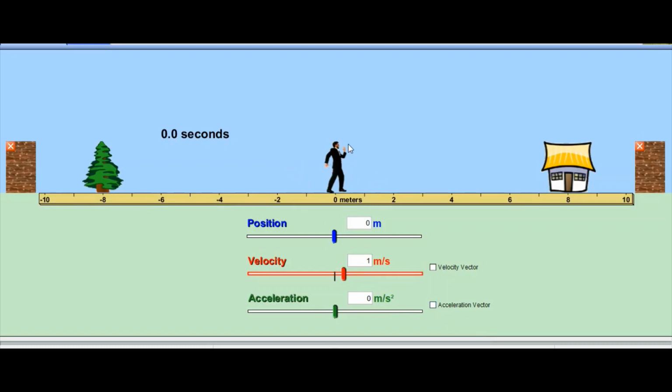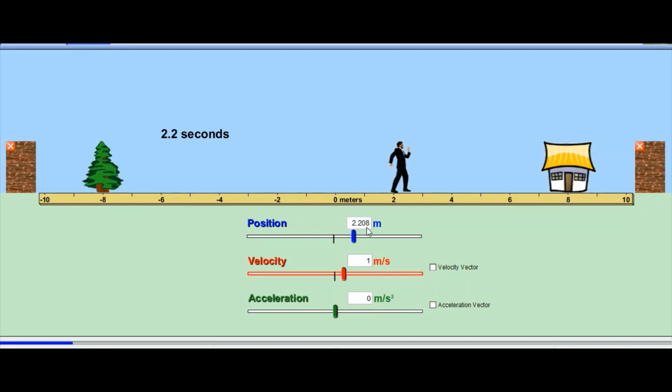Look at this one. Let us say our time is 0 seconds now. Then the man is also at the 0 position. Look, this one is 0 meters now. His motion is 1 meter per second. Then let us see how it changes its position in the given time. Look, when our time is